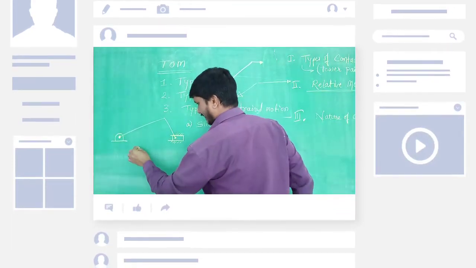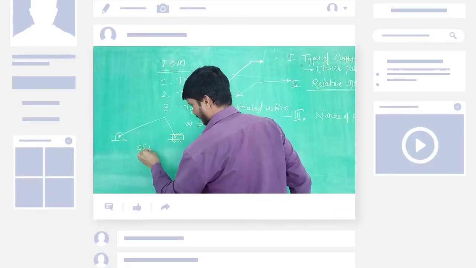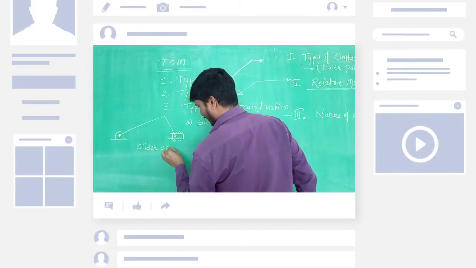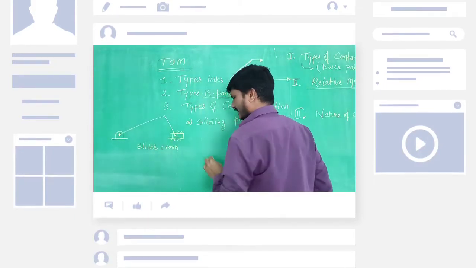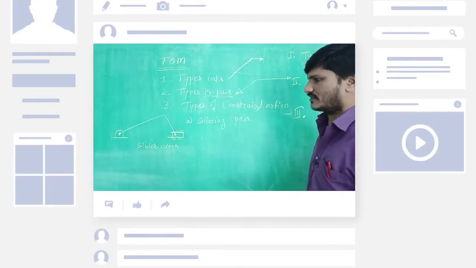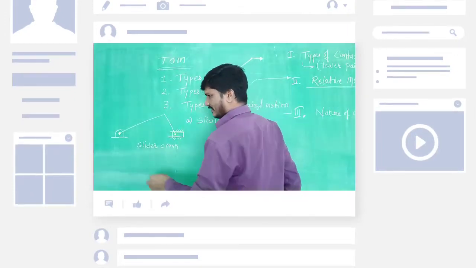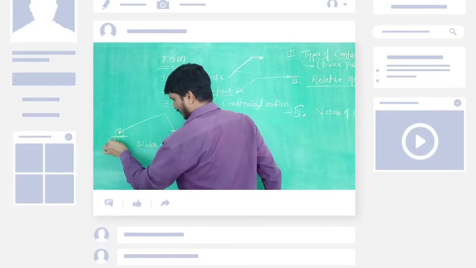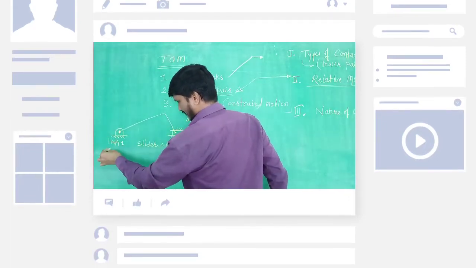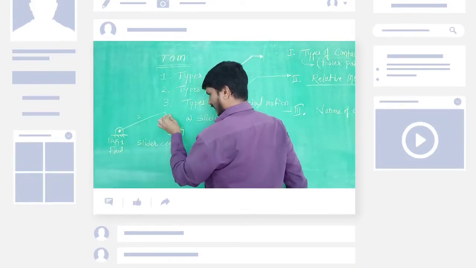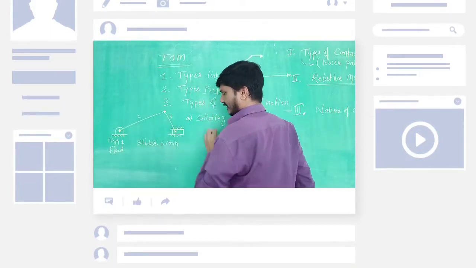So this is a slider crank chain mechanism. Using this diagram, I can explain more clearly about sliding pairs and different types of pairs. Here there are 4 links. This is link 1, which is a rigid link. It is fixed. Let us say this is link 2, this is link 3, and these are connected here.